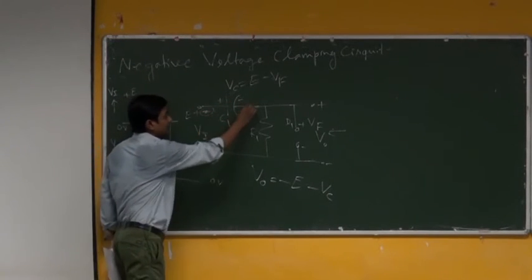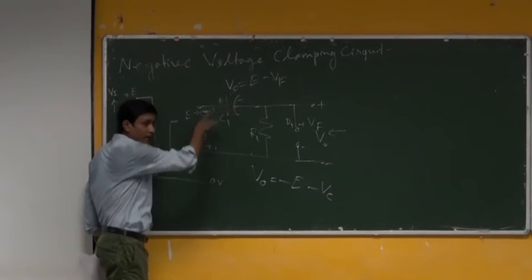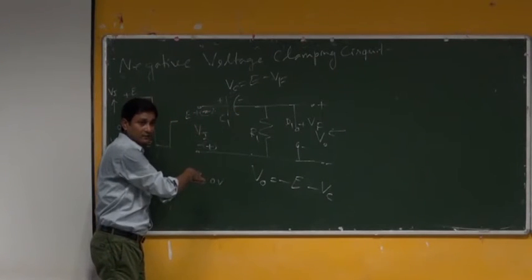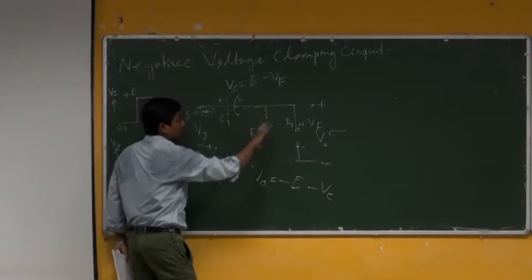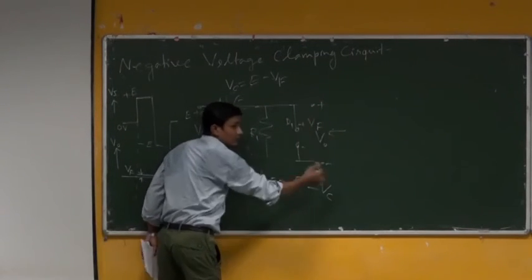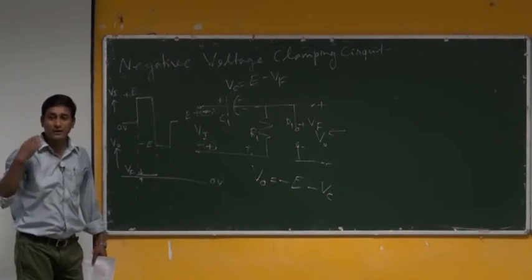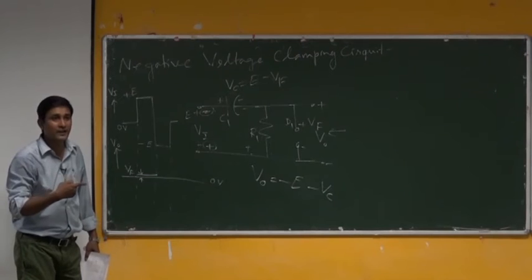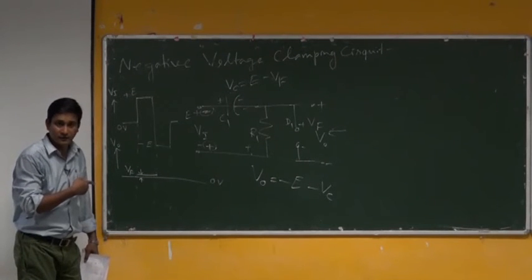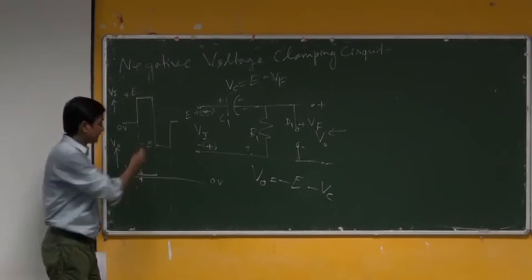Ultimately, if I see from here to here, it is actually negative, two negative voltages are added there. So the effect of this is negative, positive, which is in the other sign of our convention, what we have taken at the beginning as positive voltage. So, it should be minus of that. Okay. It is minus E minus